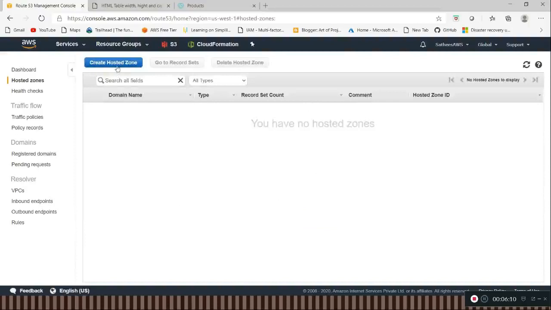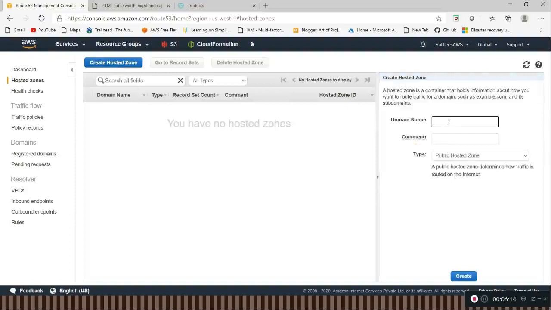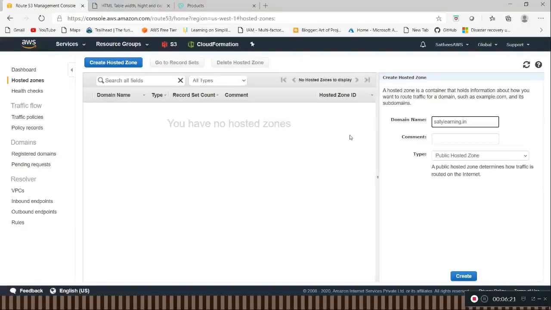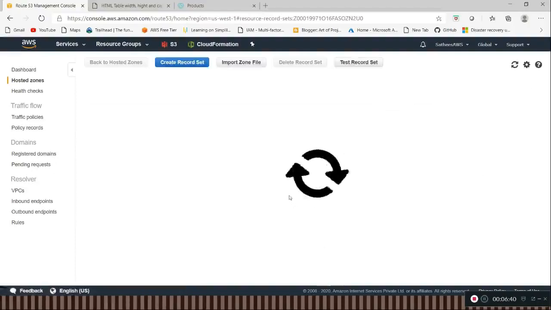So I am clicking create hosted zone. So the domain name is satilearning.in. This one I have bought in GoDaddy. So I am just giving a demo GoDaddy, public hosted zone. I am creating the hosted zone.